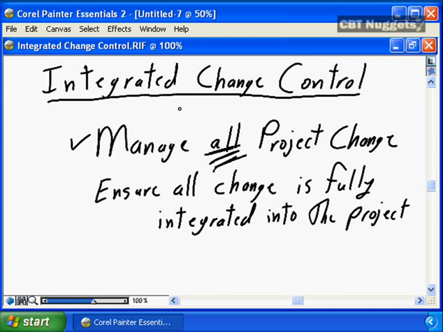You need to have a process for managing the small changes so that it's not considered to be a bureaucratic nightmare, and you need to have a process for managing the big changes to ensure that all project changes are properly managed. That no changes to any approved, signed off project condition happens without proper integrated change management.